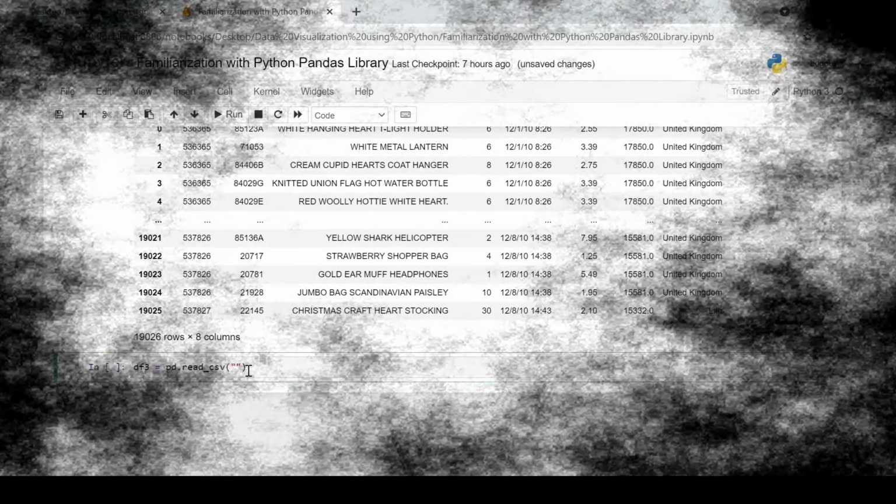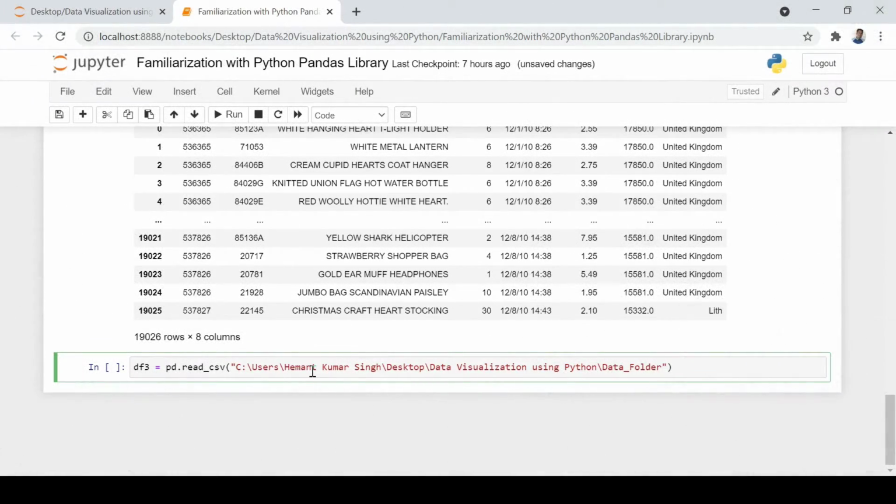I will just put the complete link we just copied from there, and I will put the data address, which is data.csv, along with the extension. So it will not work until I put the full string as a whole when it is trying to read the data, and then it will work.